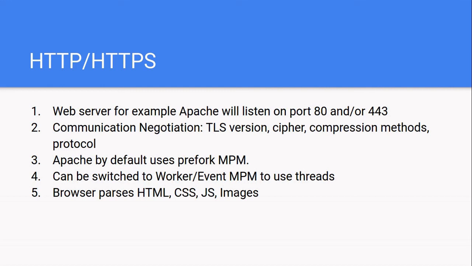And then the server will just send the HTML document or the files, CSS, JS and images to your browser. Now the browser already knows how it is supposed to parse those. It will construct the HTML web page, it will load the CSS, it will run the JS, and it will display the images. And that's how you get the web page.